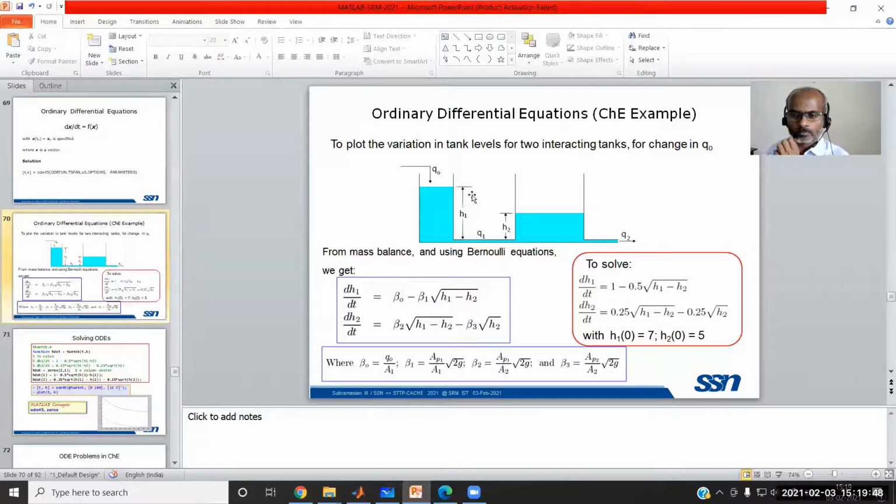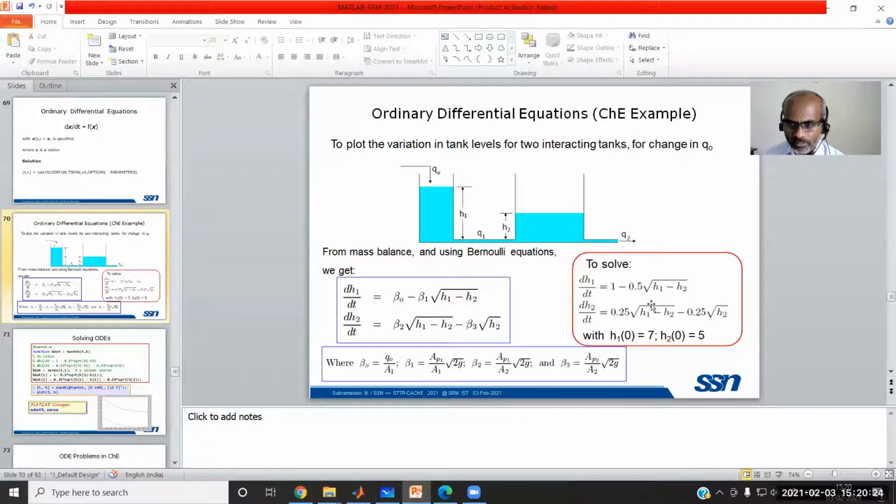So there is a flow from the first tank, and likewise the flow from the second tank again depends on the level of tank 2. In addition, it also depends on the inflow to tank 2. So from that, we'll end up with these two differential equations. All this you can easily verify by making what sort of balance? Simply a mass balance, along with the energy balance, actually a mechanical energy balance. Any control system book will give this kind of equations.